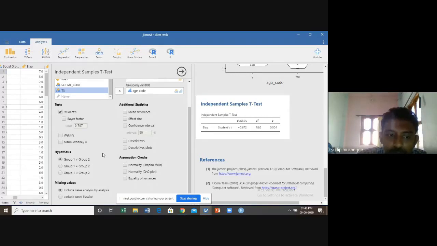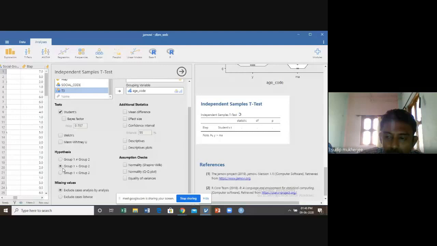The beauty of Jamovi, you cannot get in any other software like this. In Jamovi, the hypothesis is also given. You know what your hypothesis is. These hypotheses mean the alternative hypothesis. And the beauty is, if the p-value is less than 0.05, this is true and you accept this. If the p-value is more than 0.05, you do not accept this, which means this inequality does not hold. So equality holds.